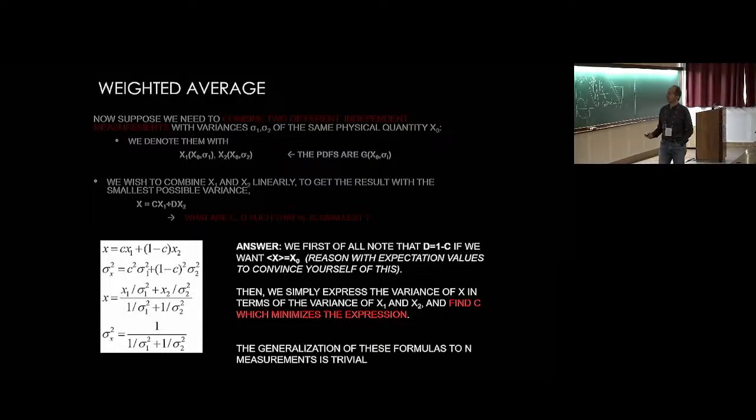So these formulas, I imagine that many of you have used several times when you do the weighted average. I mean, you should know them by heart. They are very simple to remember. You look at it: every measurement gets a weight which is the inverse of its own variance. So x1 I divide by sigma 1 squared, x2 I divide by sigma 2 squared, and then at the denominator, what do I have? I have the sum of these weights. And the variance of the combined measurement is 1 over the sum of the weights.